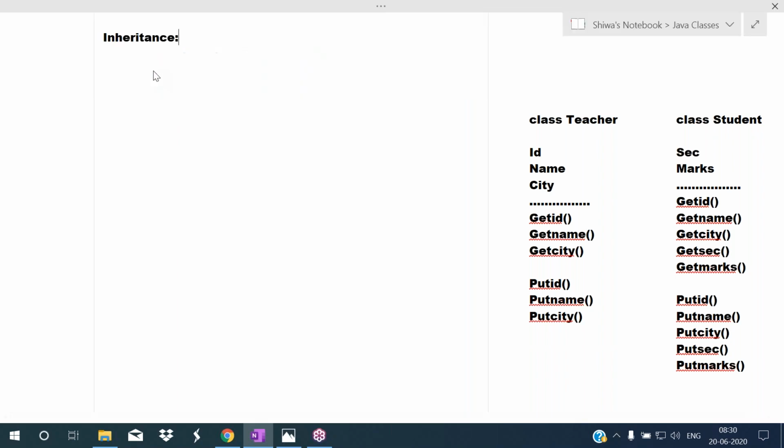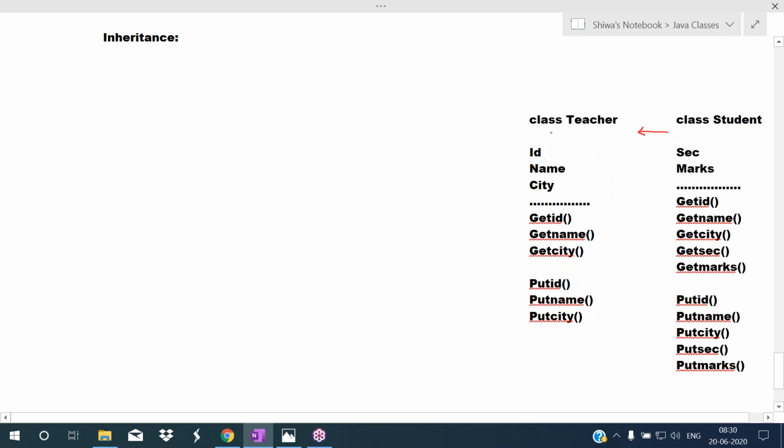So establish a relationship between this class student and class teacher. This relationship is called parent child relationship. Here teacher is called the parent class, student will become the child class. So if you establish this relationship, what is the advantage here? Again we are not defining id, name, city.